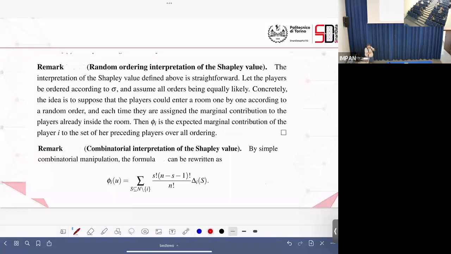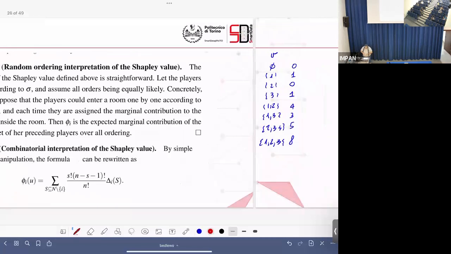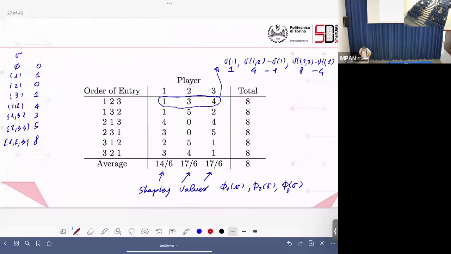No, you have i, and then the people before, and n s minus i are the people coming after. So you get this. Okay, so just to give a little example here, take this super simple game. There in the column there is the game. Okay, so I have given an attribution to the various coalitions, and this is the computation of the Shapley value.